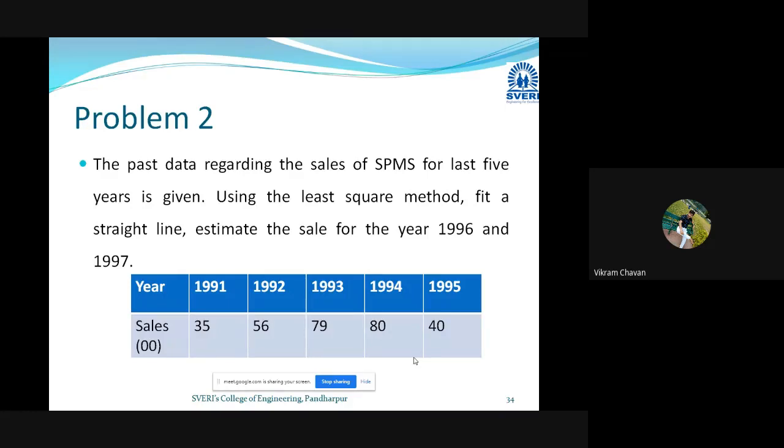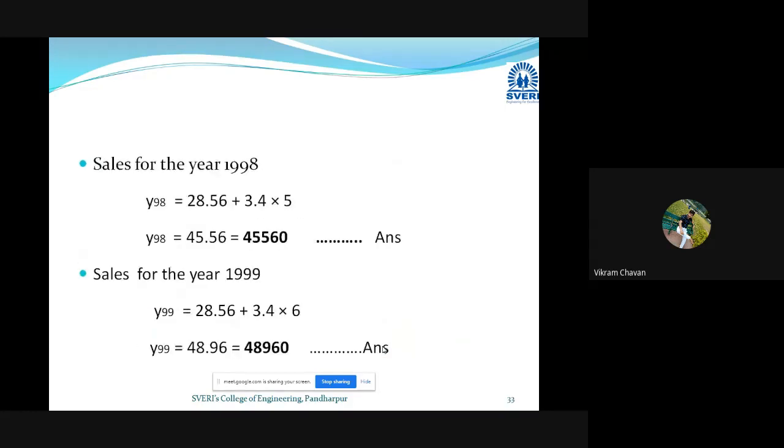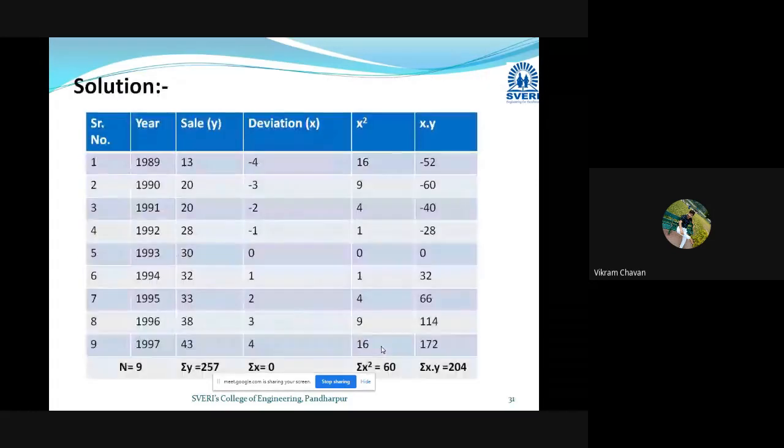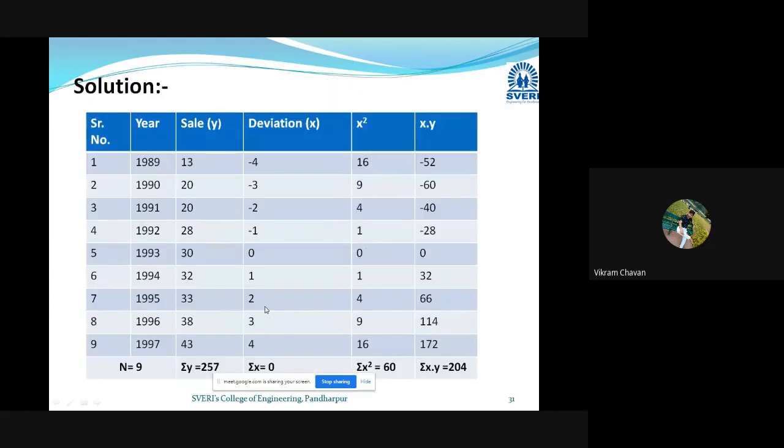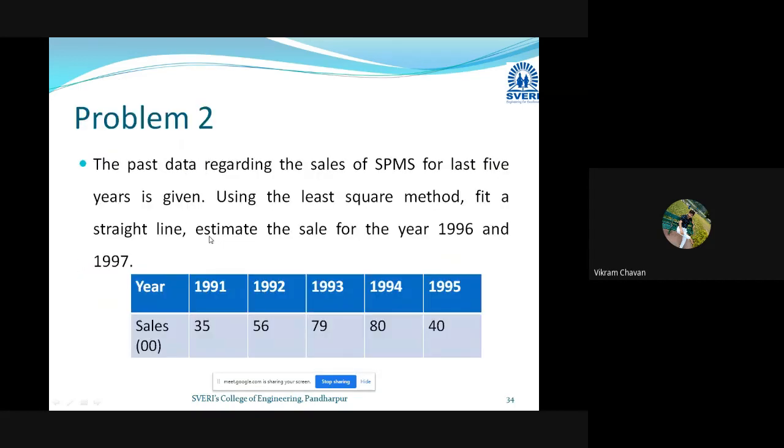Okay, summation of y. In the last problem we have done this. First of all we have written all the sales values provided in the problem, and we have written the summation of y at the bottom of that particular column in the table. So summation of y is nothing but addition of all the sales values provided in the problem. Tell me now for this case.